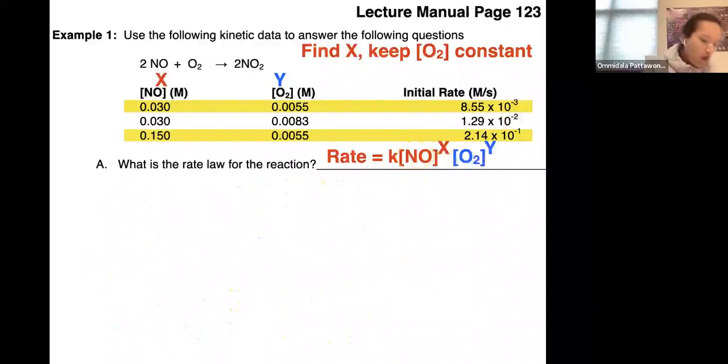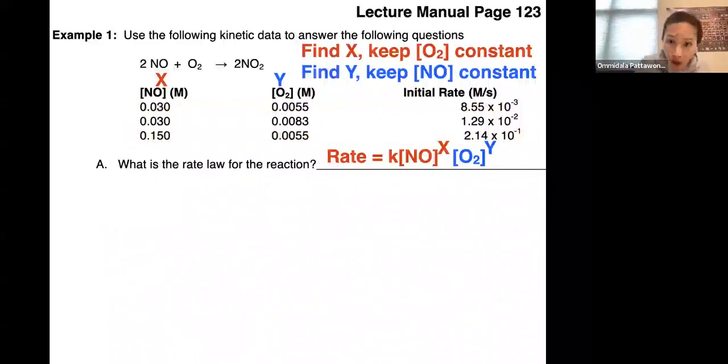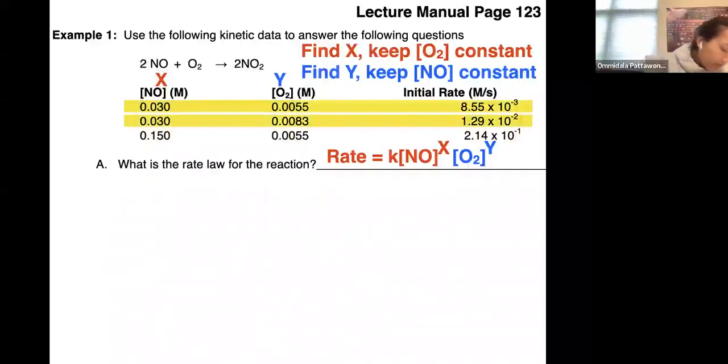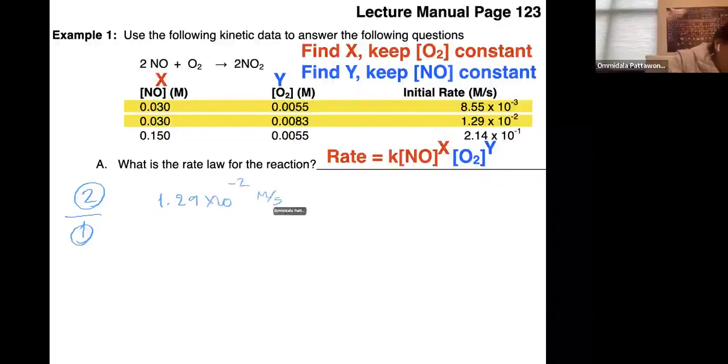All right, the second one is that we are going to find out Y now. When we find Y, we need to keep the concentration of nitrogen monoxide constant, so we are going to use experiments 1 and 2. I'm going to set up the same thing, using experiment 2 divided by experiment 1. So I'm going to do 1.29 times 10 to negative 2 molar per second equal to K times the concentration of nitrogen monoxide, multiplied by the concentration of oxygen,